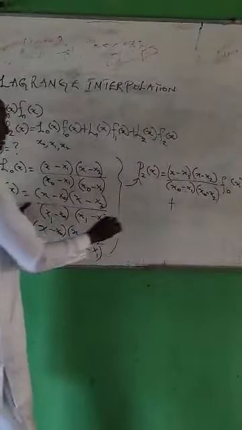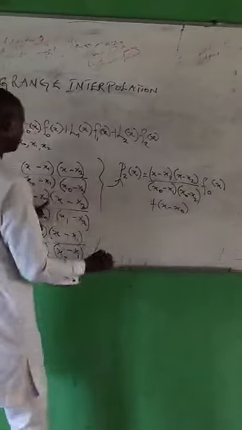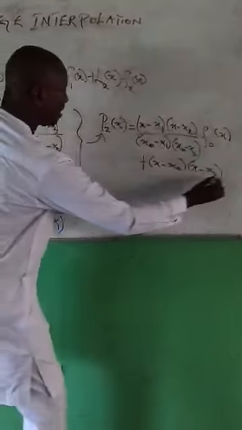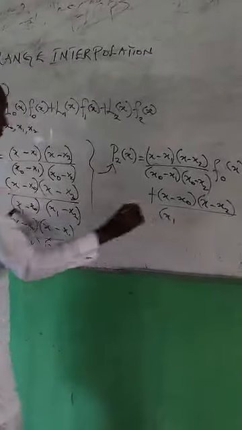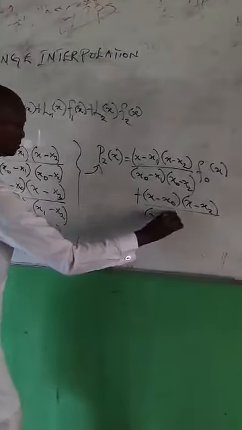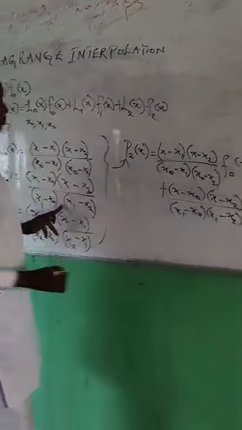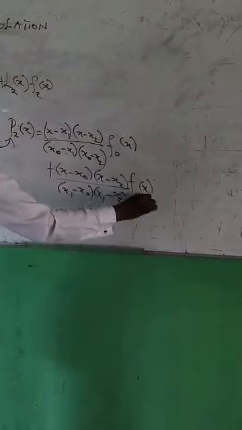L1 again is x minus x0 into x minus x2 divided by x1 minus x0 into x1 minus x2, close, multiplied by f subscript 1 function of x, plus,